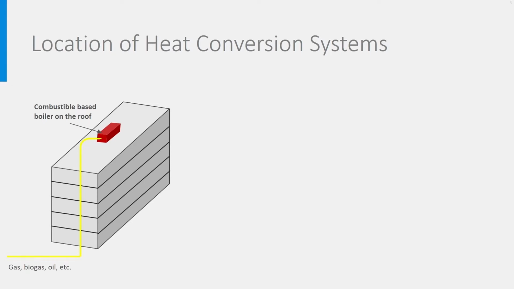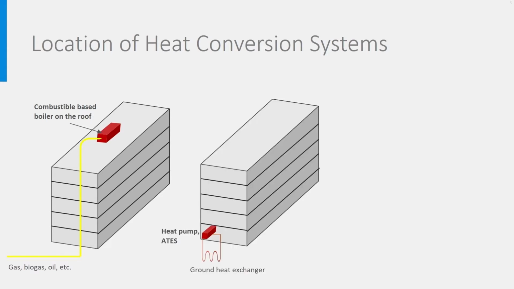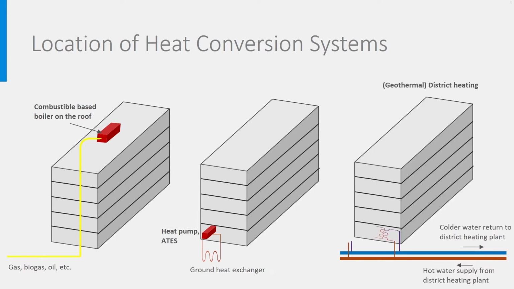Electrical boilers and heat pumps can be more safely placed in a basement. Especially, a ground source heat pump will be placed close to the ground. The same happens when an aquifer thermal storage system, an ATES, is used. When geothermal district heating is used, or any other kind of district heating, the energy conversion takes place elsewhere in the neighborhood and there is only a heat exchanger, generally placed close to the street level, that is plugged into